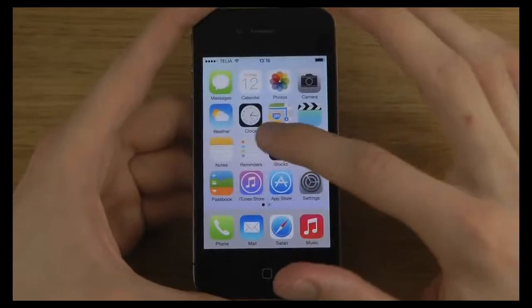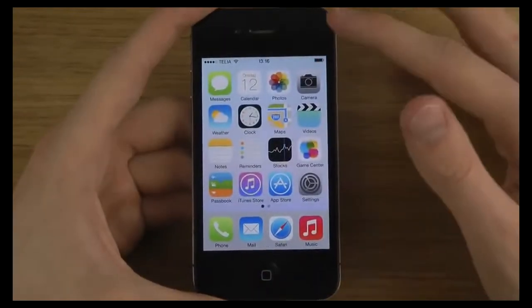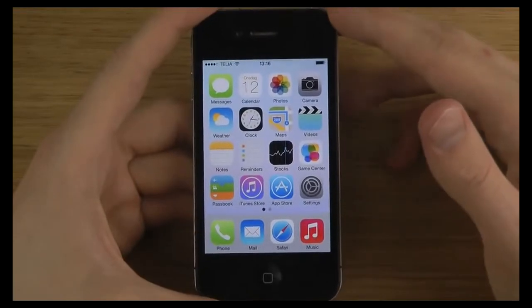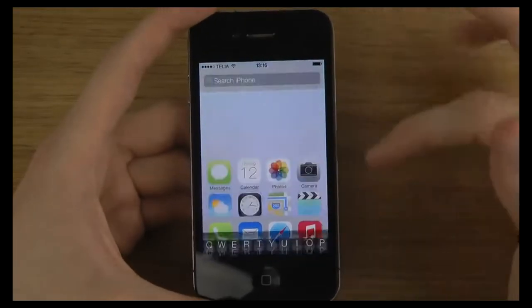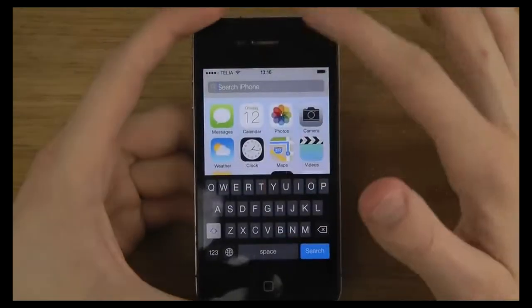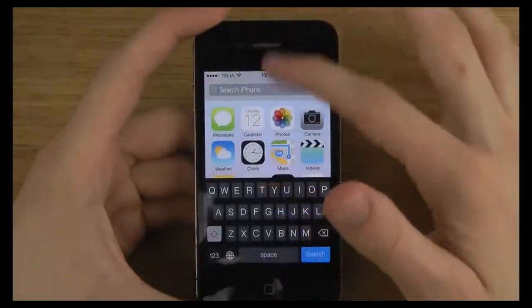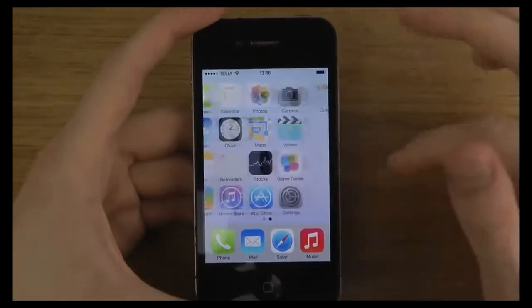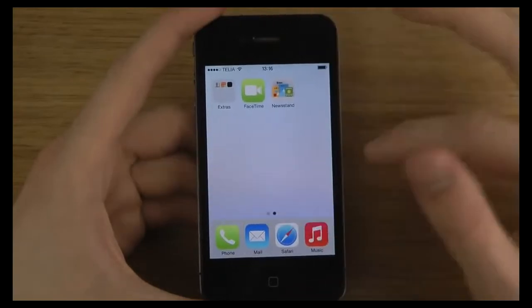One thing also that you can notice that's pretty interesting is that Apple have removed something. If you swipe to the left, you don't get any search option to search for different apps and stuff. Now you just have to swipe down like that, and you can see that's the animation that you do get, and it's probably a better update. You can do that on all of the pages, not just the first one. If you had a lot of pages, you had to go